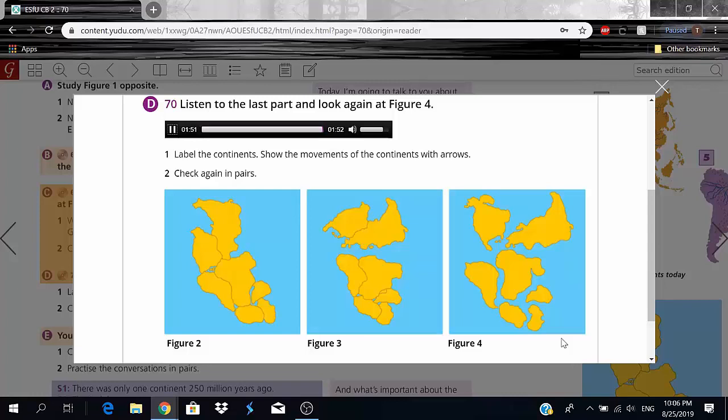Alright, so that was the last part of the lecture, right? So here we have 1. Label the continents, we already did that. Show the movements of the continents with arrows over the last 80 million years. Okay, so here we have North America, and North America actually ended up going to the west, right? So we'll put an arrow going that direction right there. So going to the west. South America ended up going to the northwest, and that is how it ended up sticking to North America and being really close to North America.